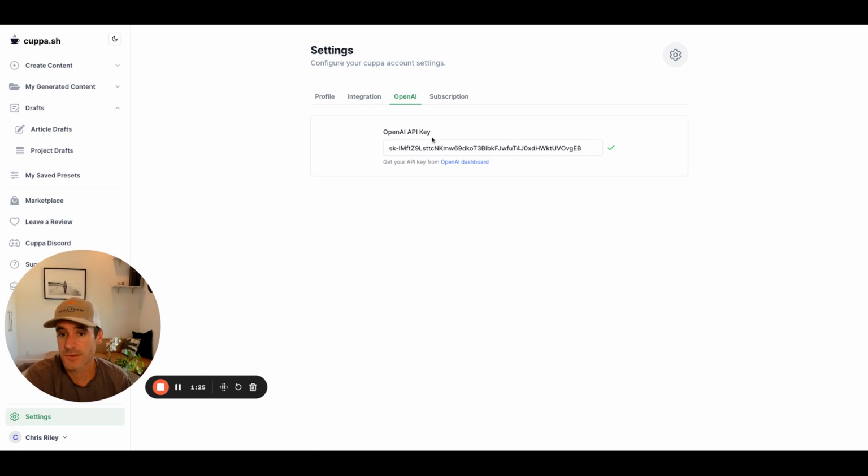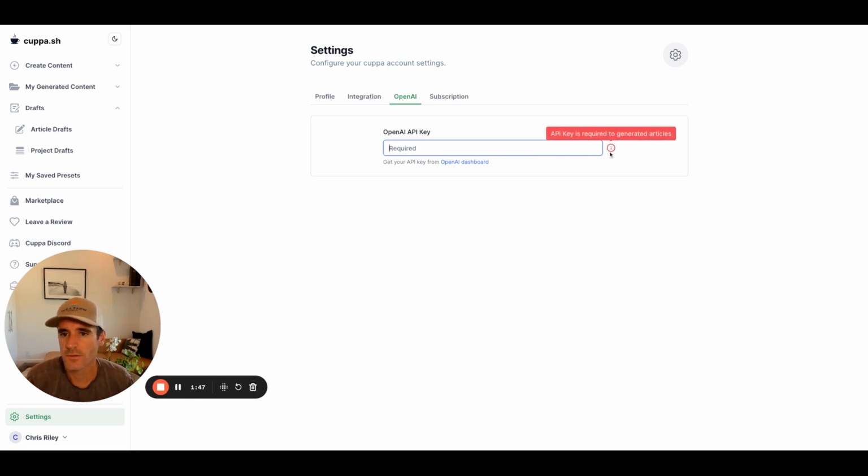OpenAI. So this is where you drop in your key. Again, I mentioned in the first video, obviously don't share your API key, but if you do, like in this case, you can simply go to your account and revoke the access and it's deleted. So I will be deleting this key right after, but I did want to show you,